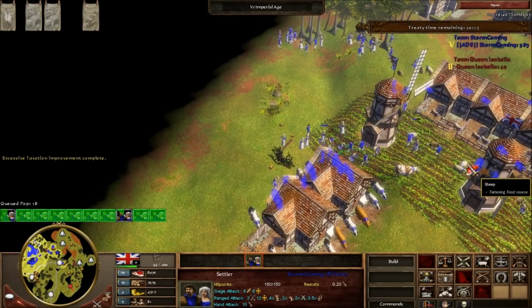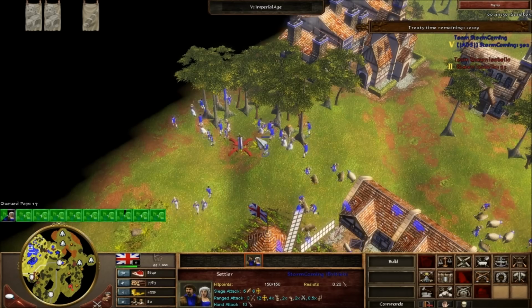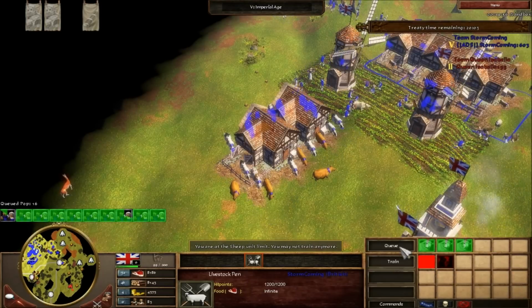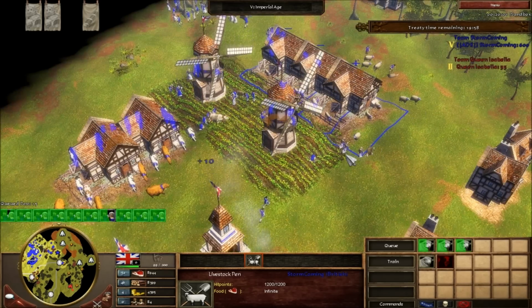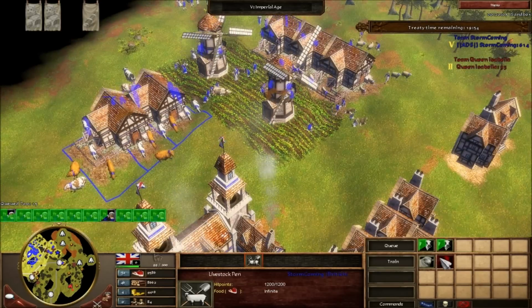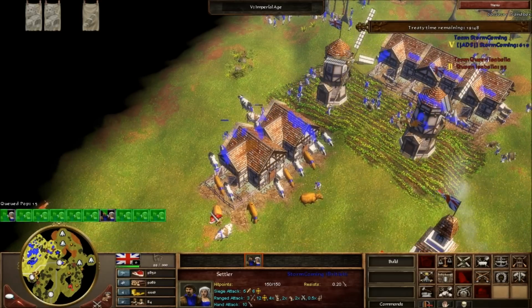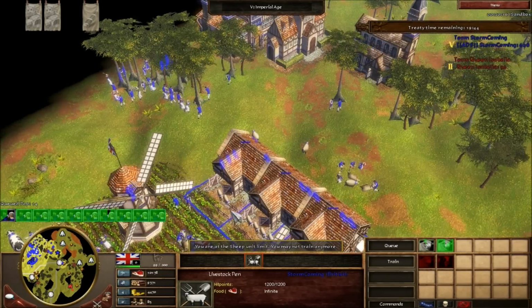Yeah, anyway, I like to put my mills in between my pens just because cows and sheep won't get stuck on a mill, like they do on plantations. So it's just nice to put in between so your villagers can be right next to the pen and gather real fast. And if you put a plantation nearby a pen, the cow and the sheep will walk around the plantation all the time, slowing down your gathering process. Again, don't let more